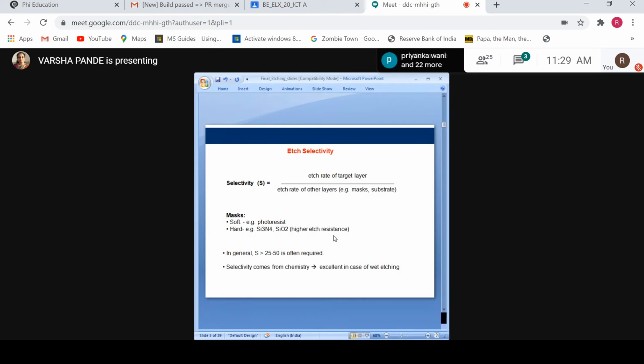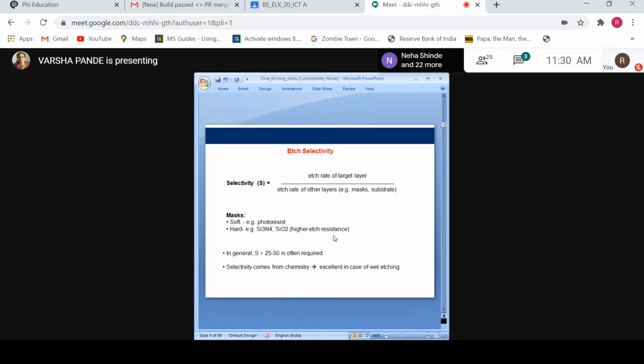So like this, different materials have different solutions. In a particular solution, a particular material has a high etch rate, and in another solution, another material has a high etch rate. Then in wet etching, we have to select a proper etchant solution to remove the particular material, and we have to make sure that within that etchant solution, the other materials do not get dissolved.